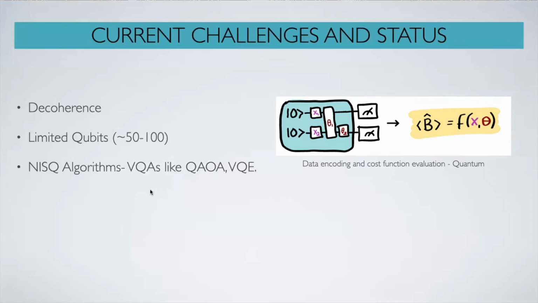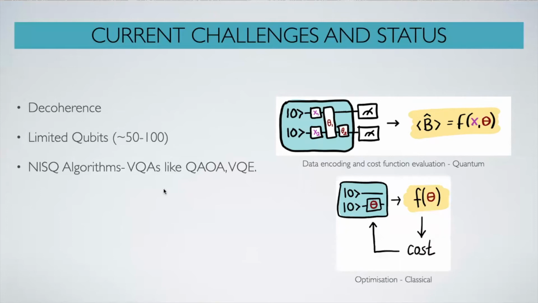Once you measure this cost function, you outsource the optimization procedure to the classical computer. The classical computer tweaks those parameters and sends them back to the quantum circuit, which runs again and measures the cost. If you do this iteratively, you optimize towards the minimum or maximum cost, and get certain parameters. As you can see, part of this is classical and part is quantum, a quantum-classical hybrid. This is because we do not have a lot of time to do quantum operations due to decoherence, so we have to outsource some part of it to classical computers.